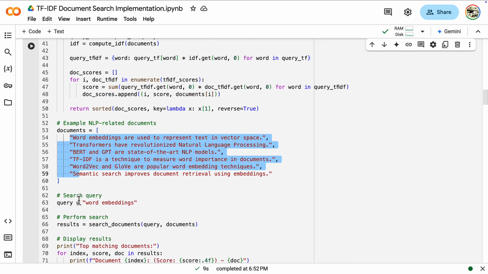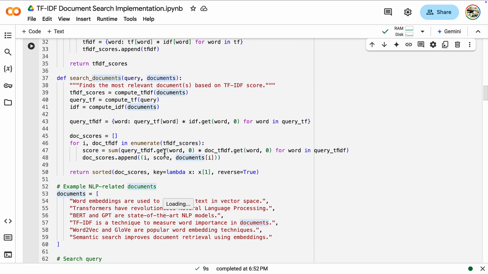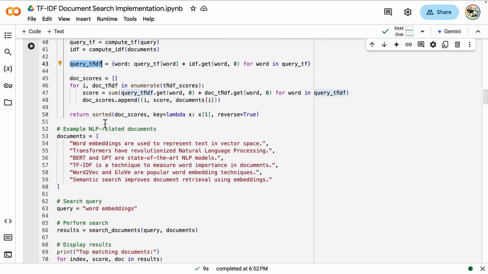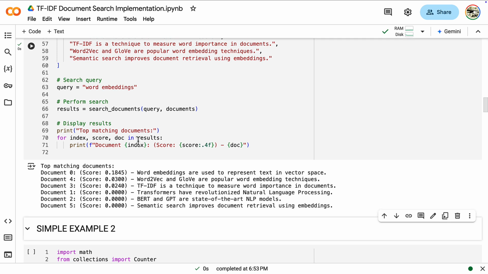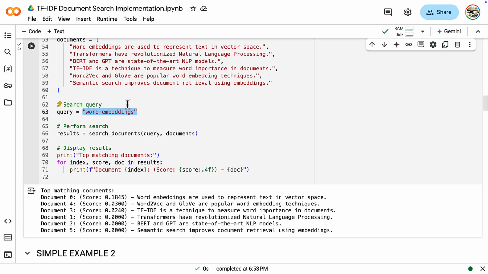So now we're going to apply the search document here. We have a query, we have multiple documents, and the search will use the query and the TF-IDF matrix to find out the most likely document. Okay, so let me just execute this again, and look now, it will return the 5 documents with different scores. Look at this document, 0.18, and it returned the first document because it considers that it is more related to the query. Now, if I change the query,